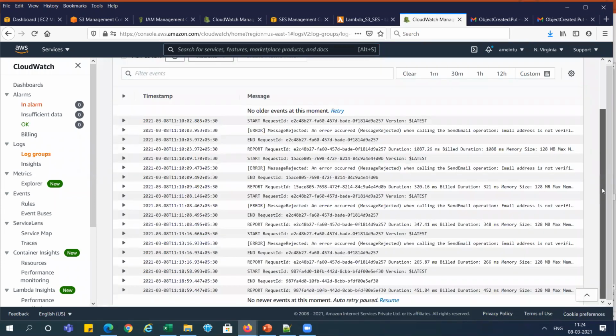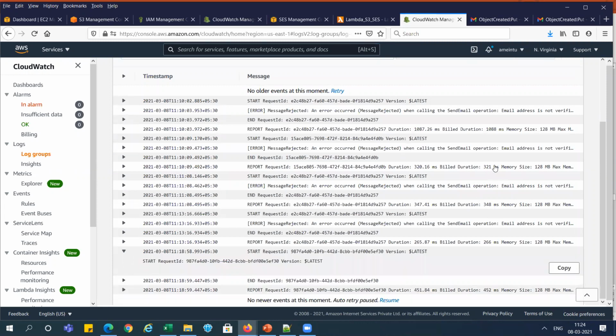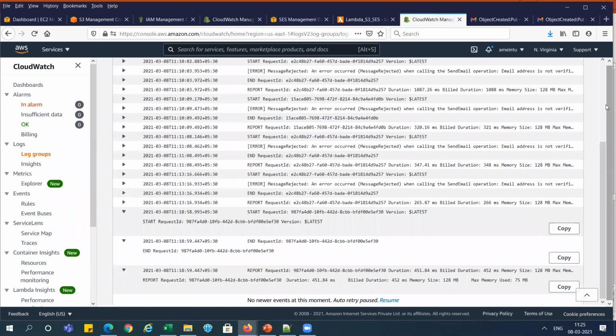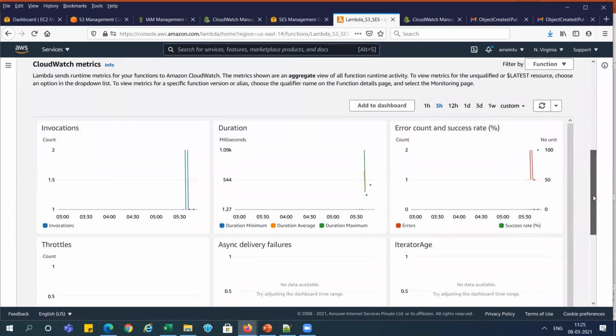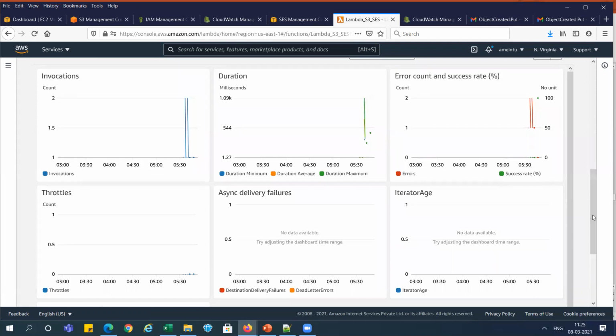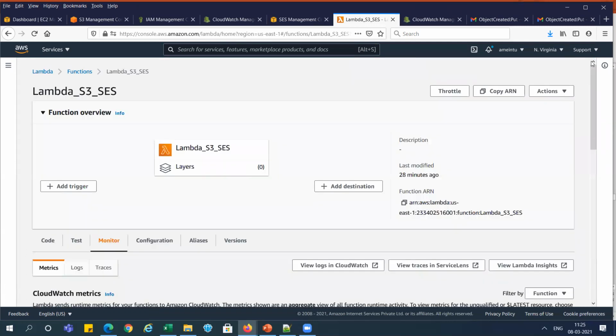And you can see here the same file. Start and end, and this is the request ID we got. So we can see from here also, and Lambda is showing some metrics for monitoring purposes, right? In a later section, we will take more POCs on Lambda and cover different things.